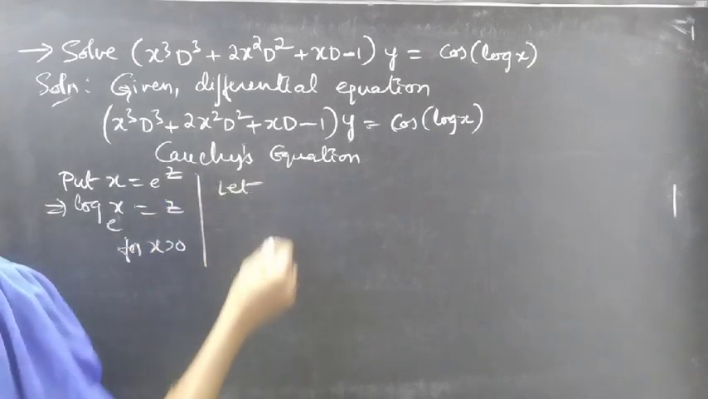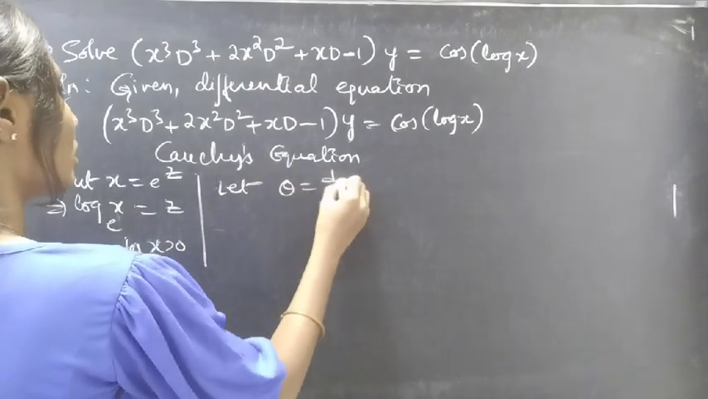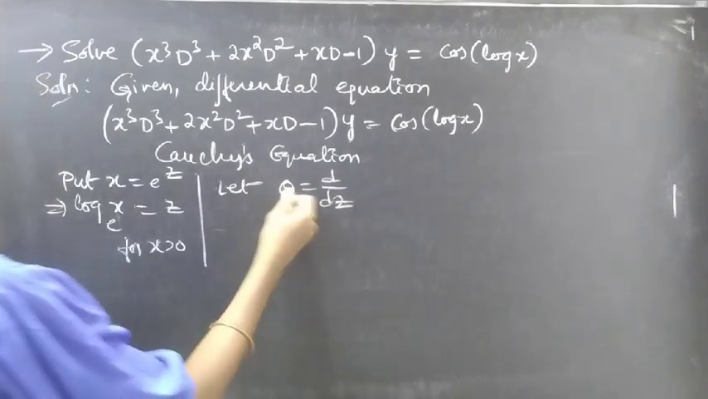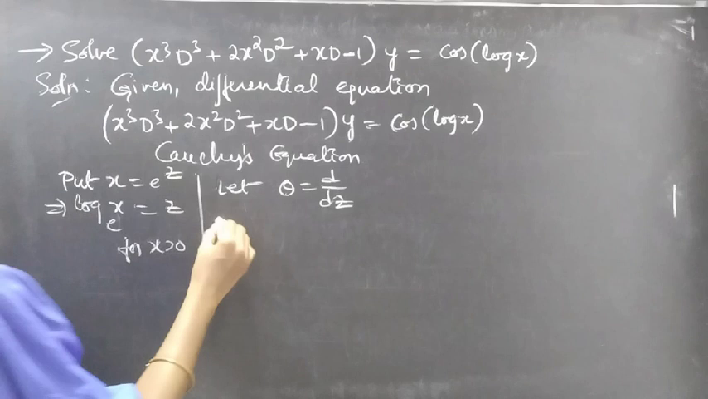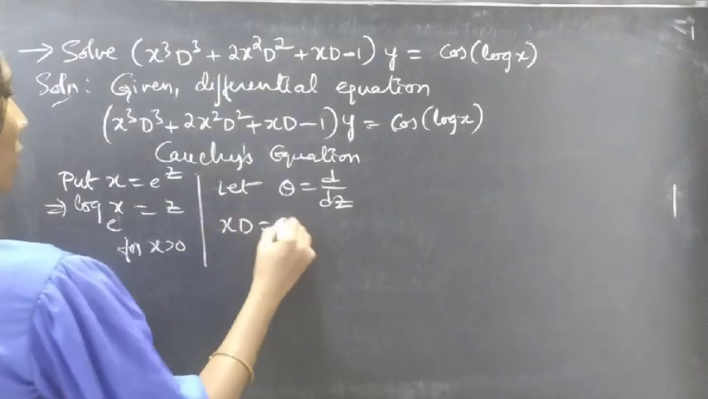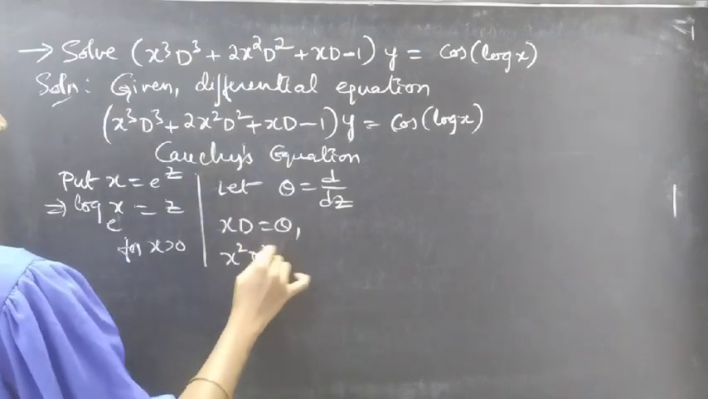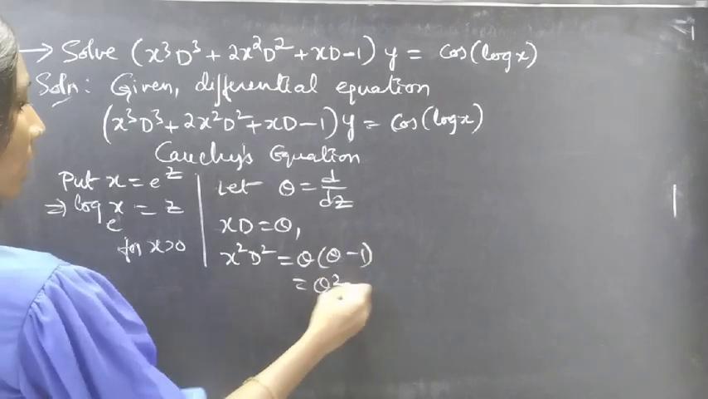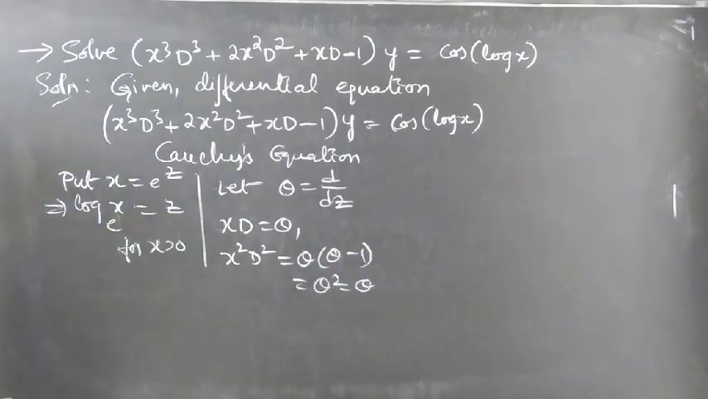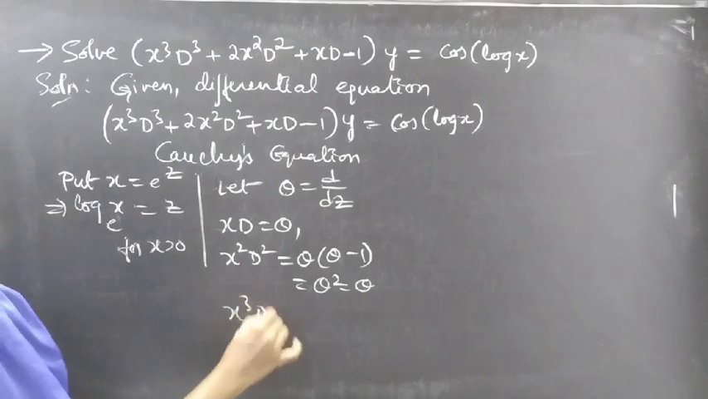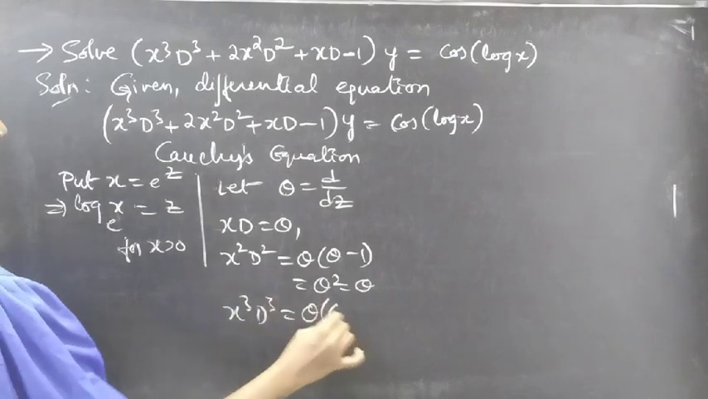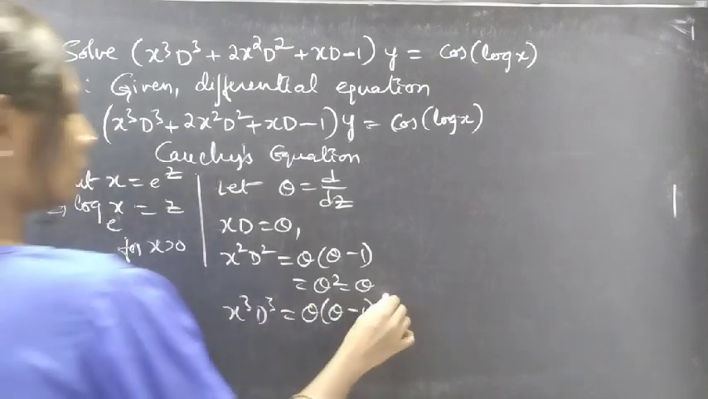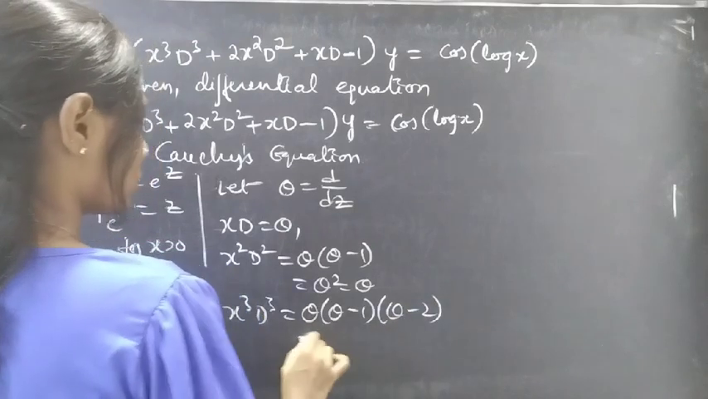Let theta equal to d by dz. Here theta is a differential operator with independent variable z. Then xD equals theta, and x square D square equals theta of theta minus 1. We can write it as theta square minus theta, right? And x cube D cube equals theta of theta minus 1 into theta minus 2, which is equal to